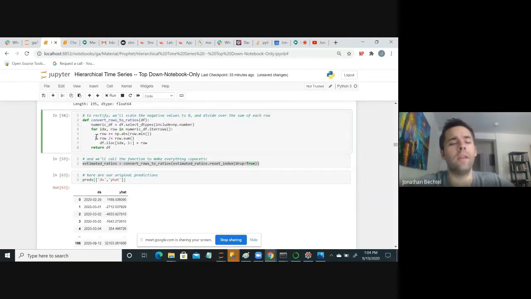It's one of the more convenient ways if you want to loop through a data set and do stuff to every single row. So what this function does is take a data frame, grab the numeric columns, loop through every single row of those, take the row, add in the absolute value of the smallest value, and then divide by the sum. Then for the corresponding index in the original data frame, set those values to the row values. Okay, so if we run this,